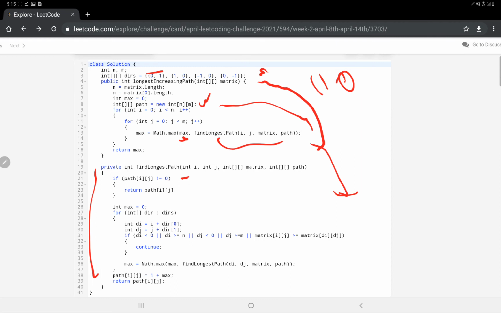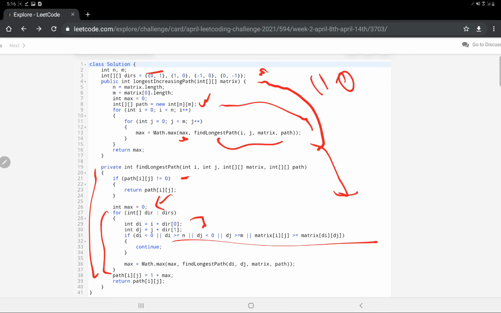Now, if it isn't computed, we initialize the maximum to 0, and for every direction, we get the direction and see if it's valid or not. If it's a valid direction, we proceed, and if it's not, we just skip.